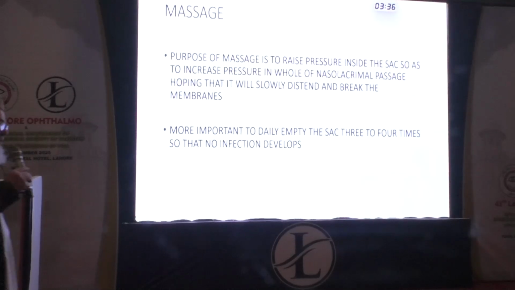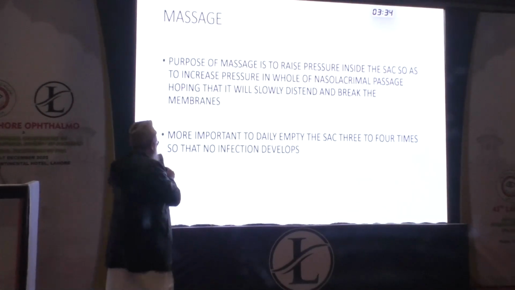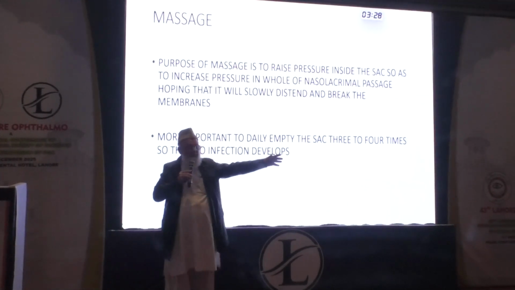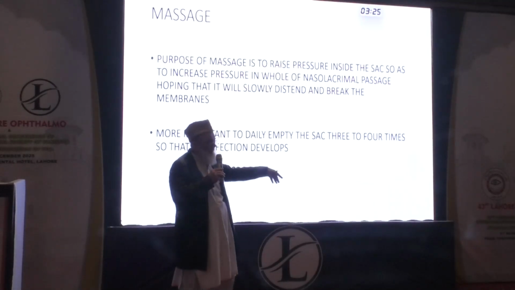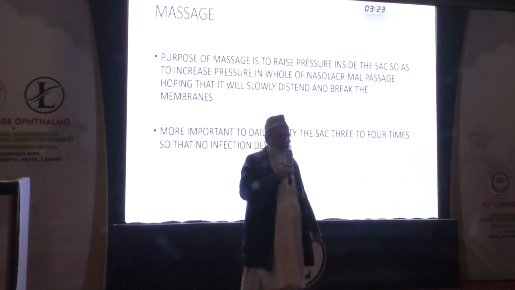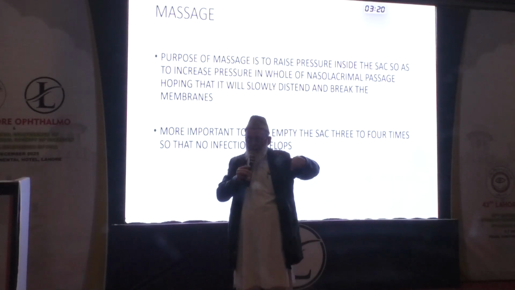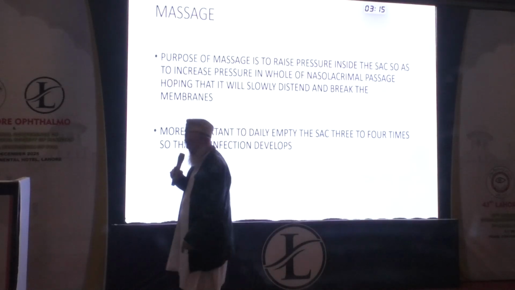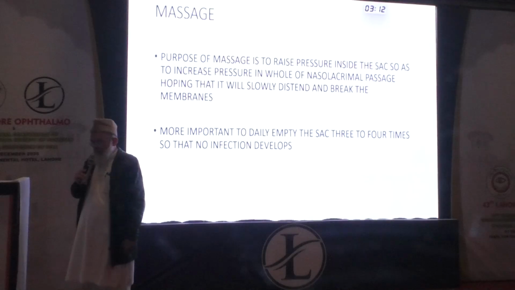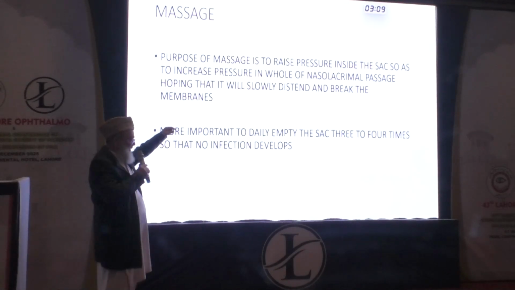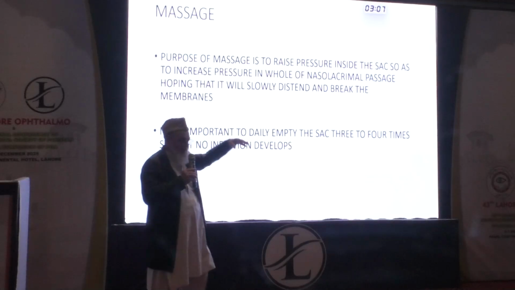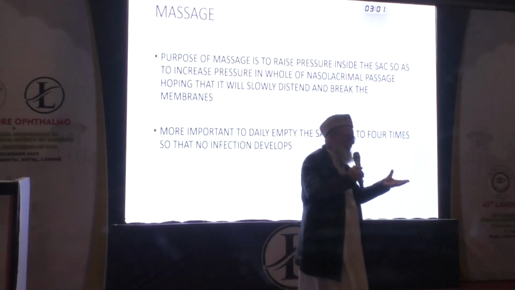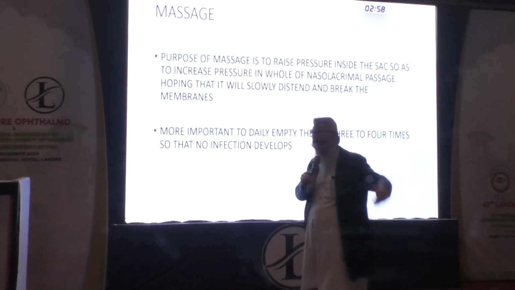देखो, एक बहुत बड़ी रीजन जो है, you daily empty the sac 3 to 4 times so that no infection develops. आप नहीं भी खोल सकते तो ना खोलो, you empty the sac and then immediately put in an antibiotic ताकि सैक उसको सक कर ले और आपको सिस्टेमिक एंटीबायोटिक देने की जरूरत ना पड़े, ठीक है ना। सो इसका ख्याल है कि हम सैक को इसलिए दबाते हैं कि सैक में प्रेशर बढ़े, जब सैक में प्रेशर बढ़ेगा तो nasolacrimal duct में प्रेशर बढ़ेगा, और उसमें प्रेशर बढ़ेगा तो if there is some membrane तो may be वो स्ट्रेच करके टूट जाए।